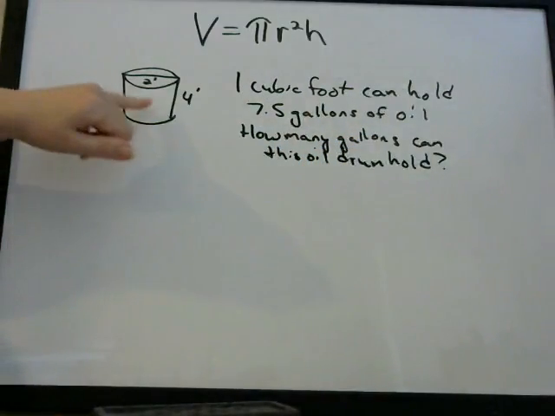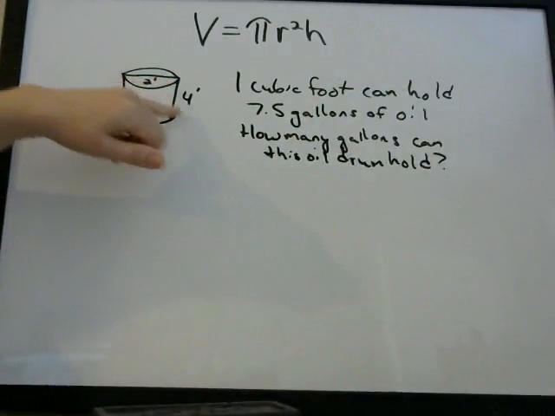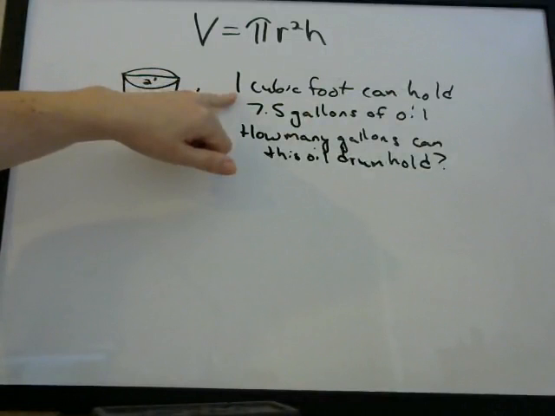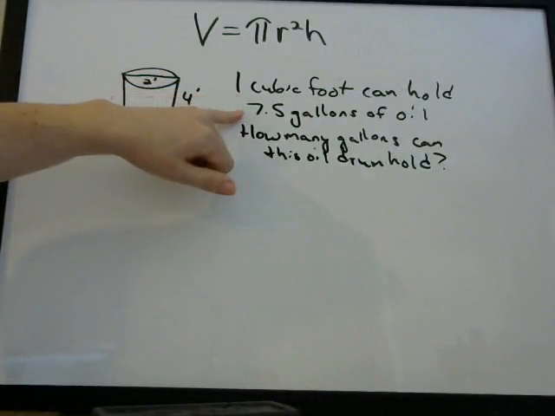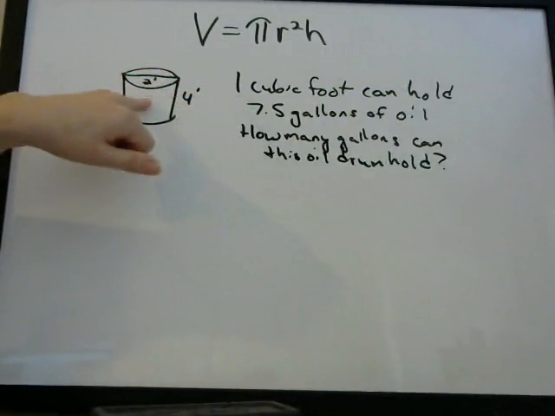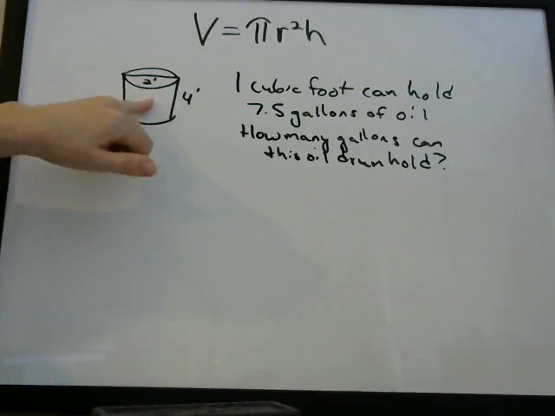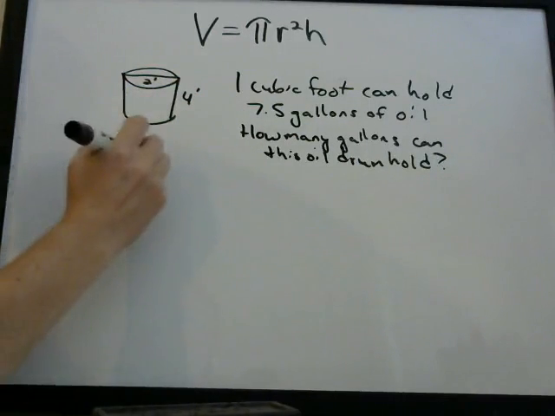So we have this oil drum. They've said the diameter is 2 feet, the height is 4 feet. 1 cubic foot can hold 7.5 gallons of oil. So how many gallons can this oil drum hold? So we need to find the volume of the oil drum. So the volume,